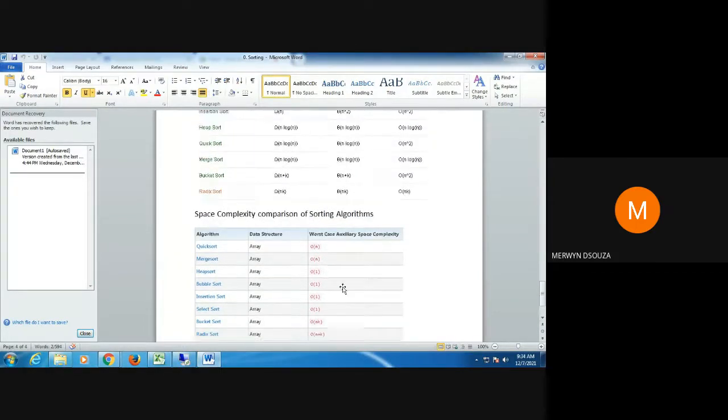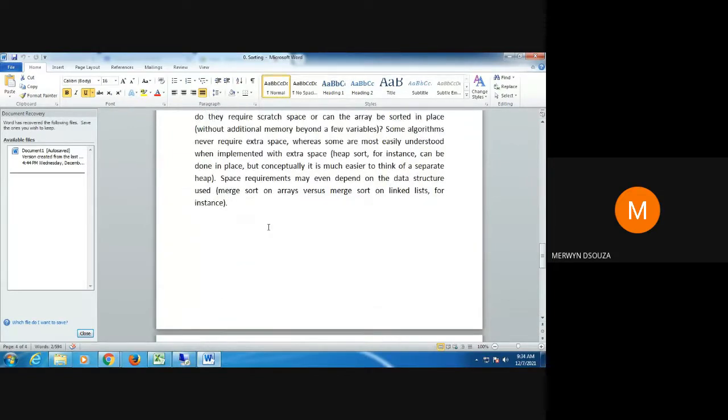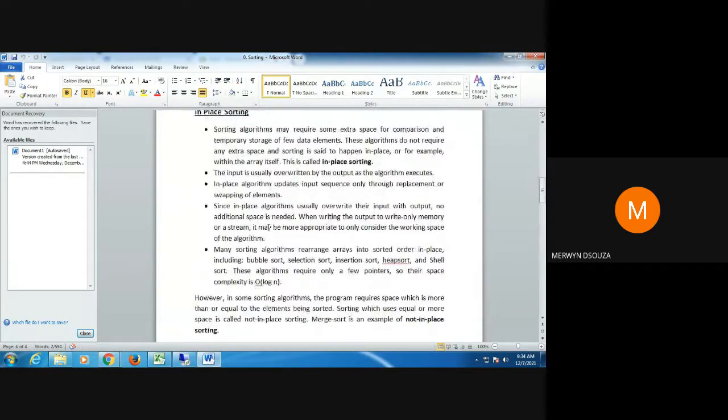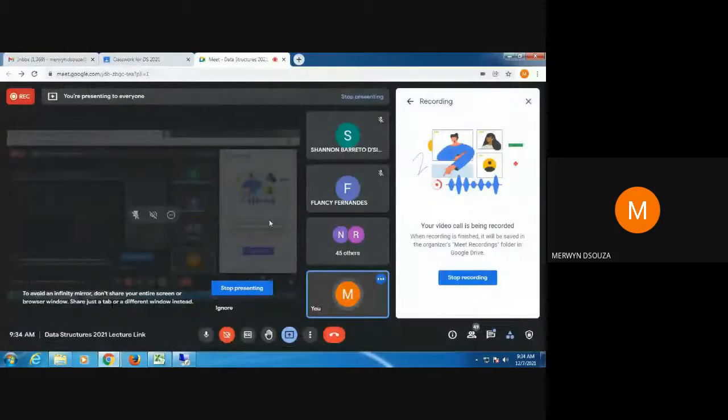Sometimes they ask you these tables, so if it's possible for you to study, it's better to study. Especially in your placements, they ask you about the efficiency of the sorting algorithm, which is best, and you cannot simply guess. You have to look at the table and tell which is the best.